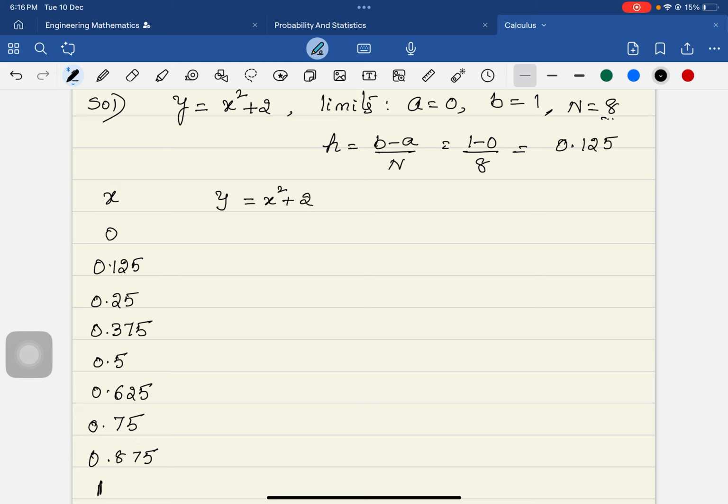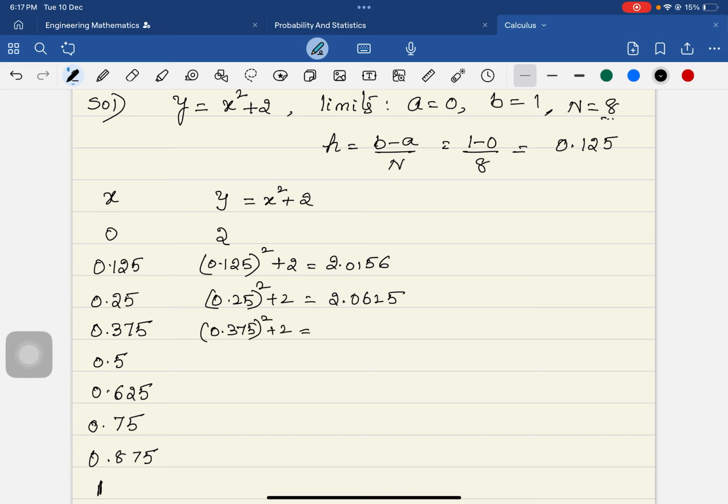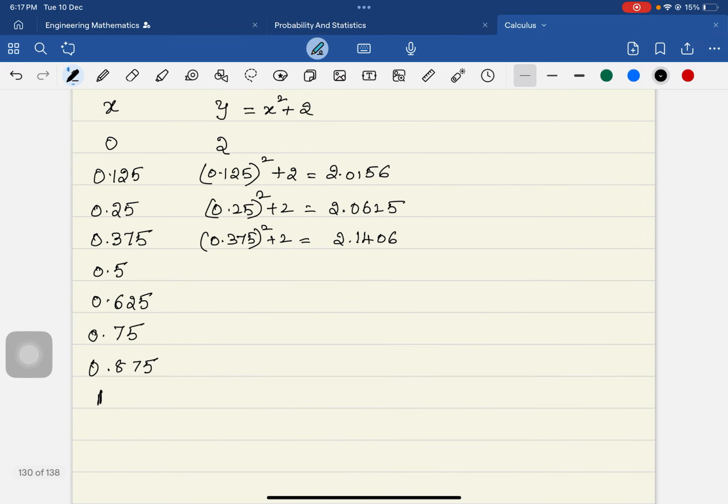So it is 0 square plus 2, which is 2, and then 0.125 the whole square plus 2 is 2.0156, and then 0.25 the whole square plus 2 is 2.0625, and then 0.375 the whole square plus 2 is 2.1406. 0.5 the whole square plus 2 is 2.25. 0.625 the whole square plus 2 gives you